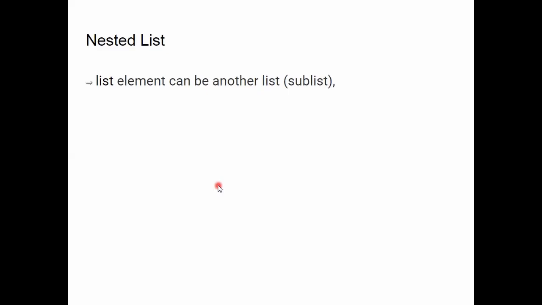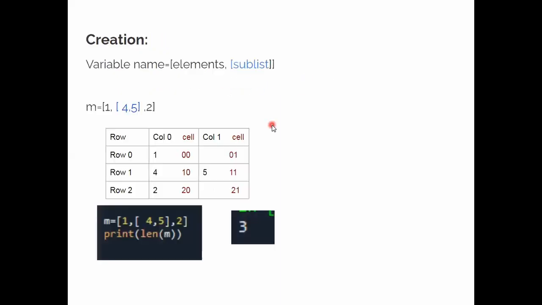Now, how are we going to create a nested list? A nested list is nothing but a list inside a list. So a list element can be present as another list. The list element can also contain one more list, which is called a sublist. For example, here we have... So how we will create